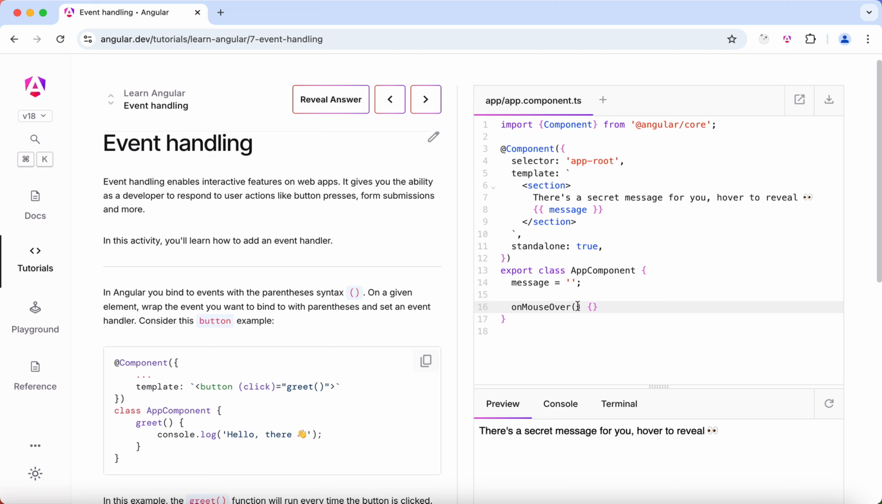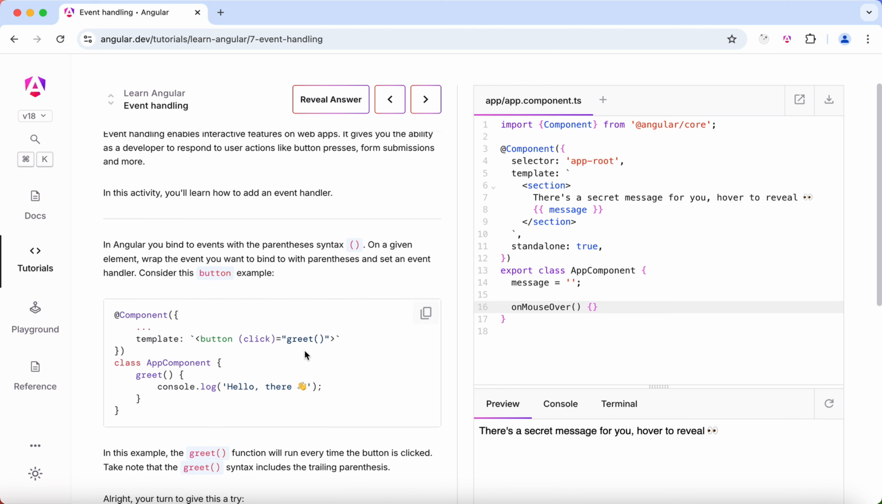And then we have a method onMouseOver, meaning when we hover over the text, and nothing is in the body of the method, meaning it's doing nothing. So the goal of the exercise will be to actually do something if we hover over the message, to display something instead of just an empty string. Perfect. So here they are giving us the syntax